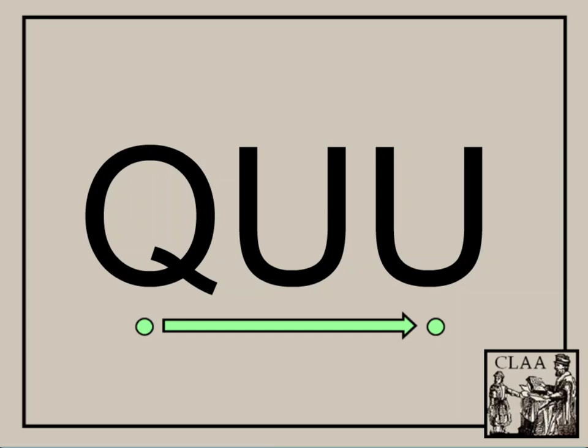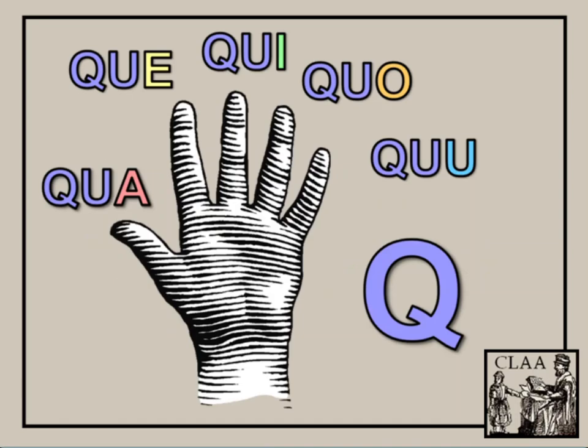Ku, ku, ku. Did you hear the two u's? Let's try one more. Ku. Now that you can read each of these special syllables that begins with ku, u, and ends with another vowel,